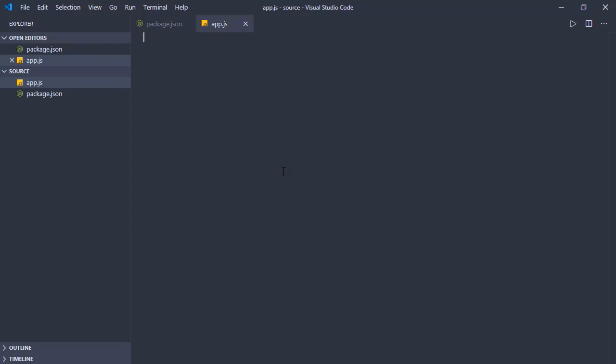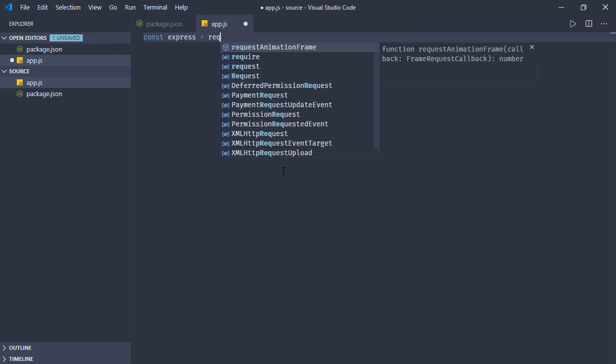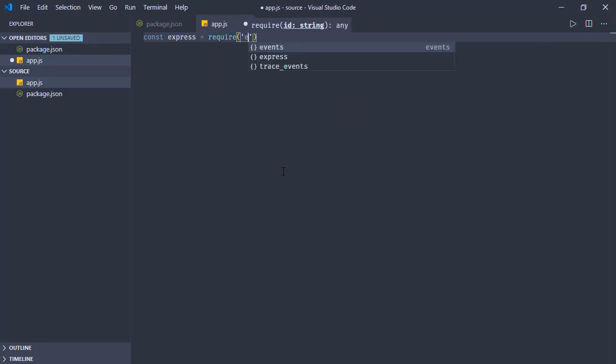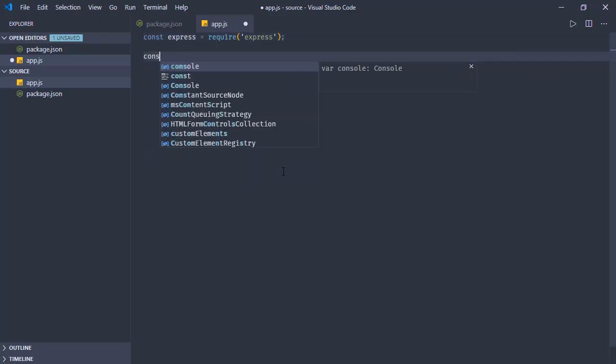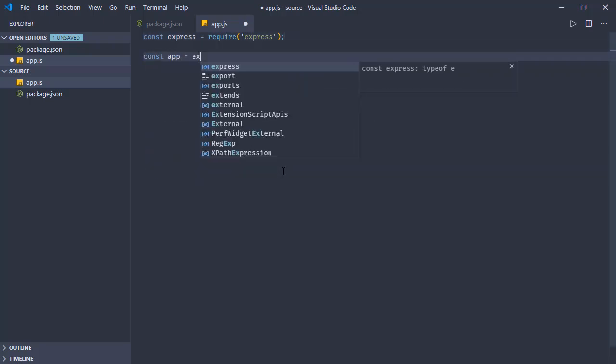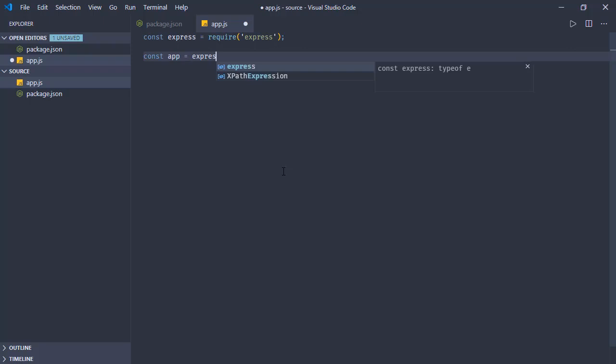And let's create a simple Express application. For that, first we get the Express from the Express package we just installed. Then we create an app like this, and we tell